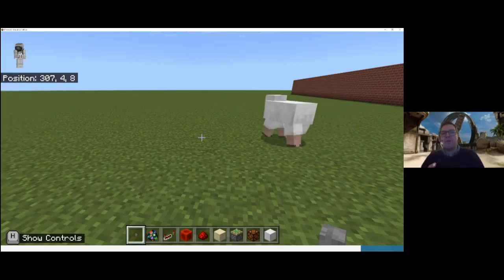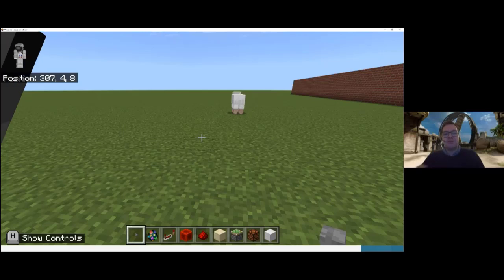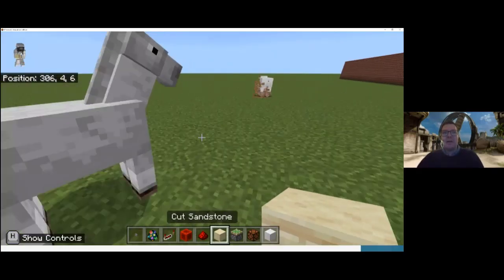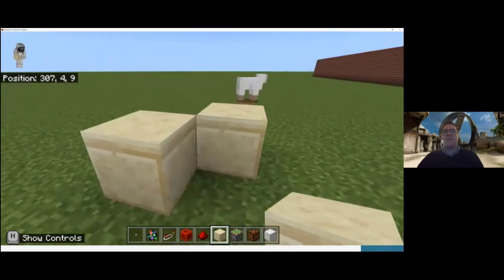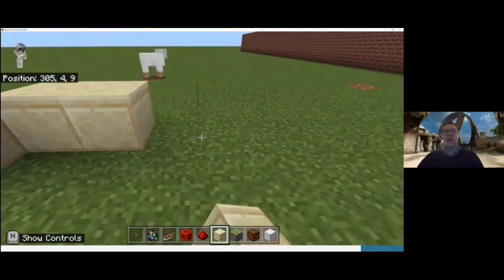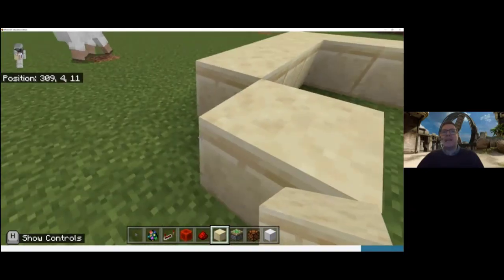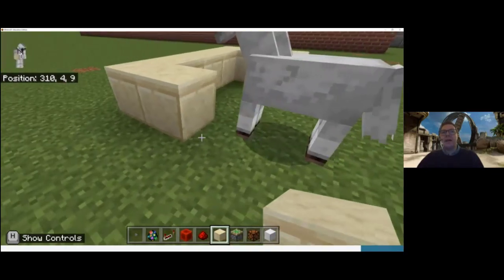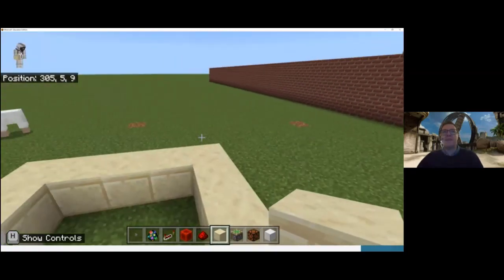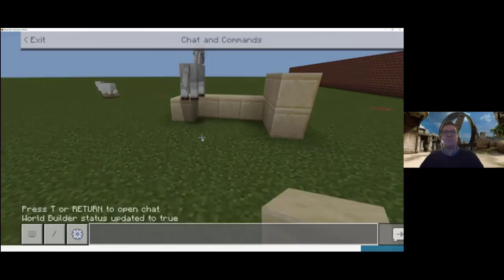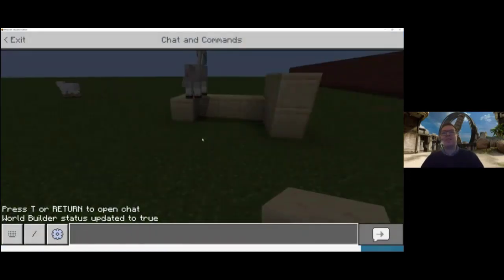because at night you've got hostile mobs that are out to get you, zombies and creepers. So if you're trying to build your shelter, so imagine I'm building my shelter here, at a nice leisurely pace, because I know that it's daylight and nothing's going to get me. As a teacher, I can then speed things up by using a command. So I'm going to press the T to bring up the chat, and whilst all the children are